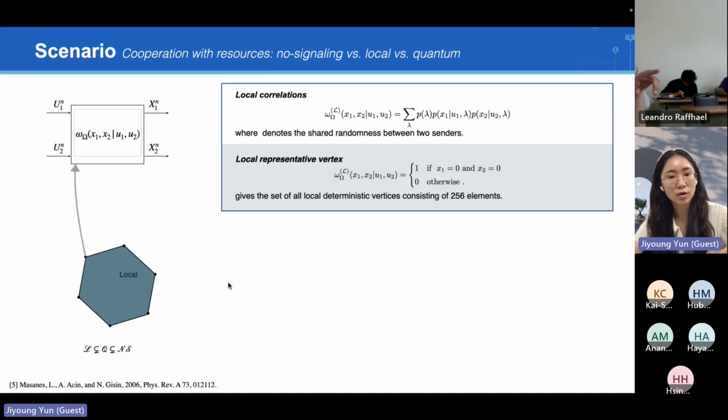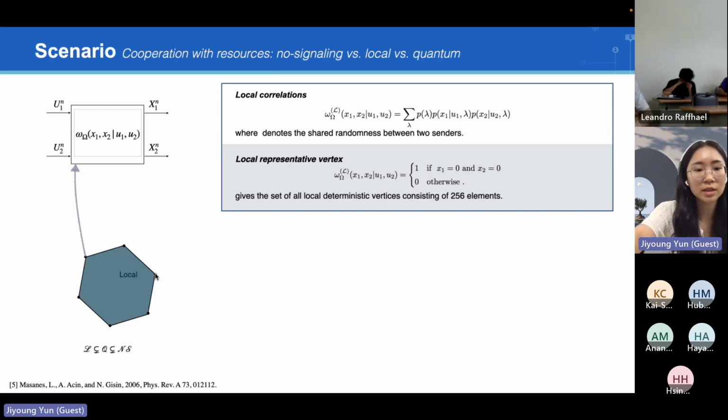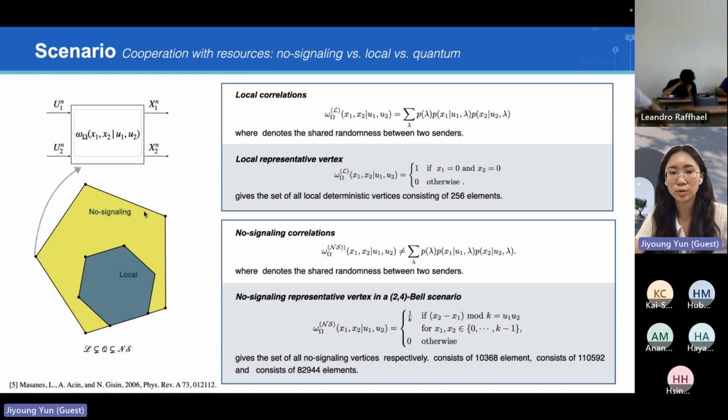From now on, we don't need to think about all these sets. We only need to think about these 256 elements to calculate the local capacity. Similarly, the no-signaling correlations also form a polytope, so we can find all the vertices of the no-signaling set. So using this two-fold scenario, no-signaling representative vertices, we also use local reversible relabeling, and then we can see when k equals 2,